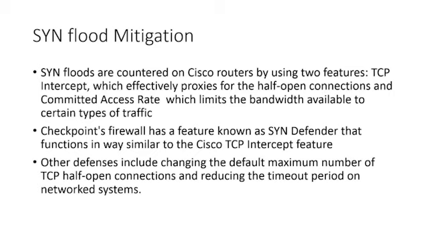Now, other defenses that we can have is like changing the default maximum number of half-open connections we have. We can also reduce the timeout period on those network systems. Remember I said about 30 seconds. What if you lowered that to 15 or 20 seconds? That's just making you a little bit more secure, right? Now, you may also get some complaints if you lower that timeout period a little too low, because if there's any latency or network issues, it's going to kick people out by the time that network tries to decide what it's going to do. So then they may have to try to log in again, or may have to start the data communication again.